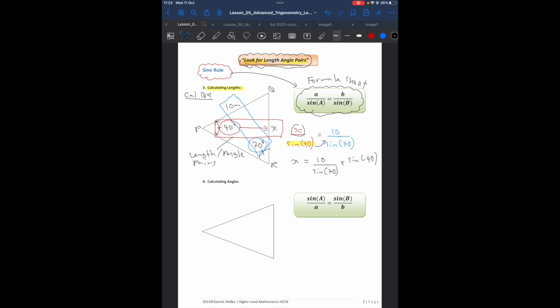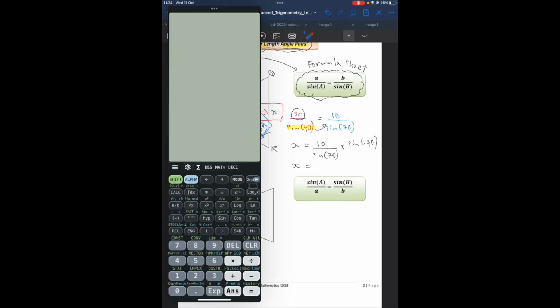Remember, the angles go in a bracket. So I'm going to type this into the calculator in one go. I've got 10 over sine 70, so I'm going to press the fraction button, 10, go underneath, sine 70, close brackets. Go to the right, times sine 40. Again, the angle goes in a bracket. Press the equals button, you get